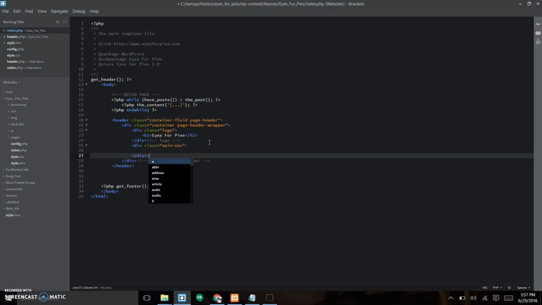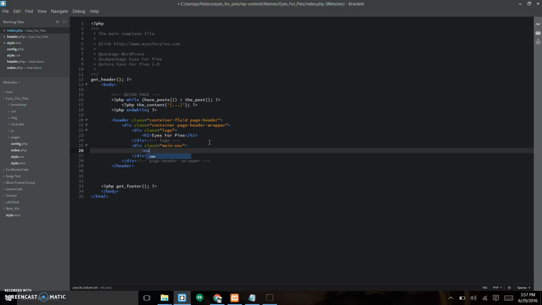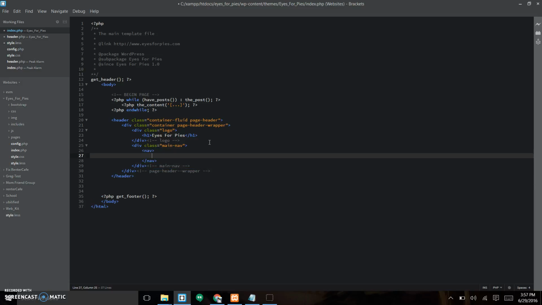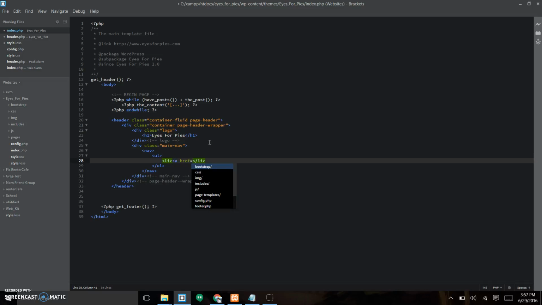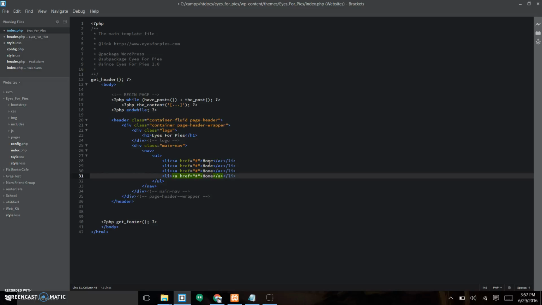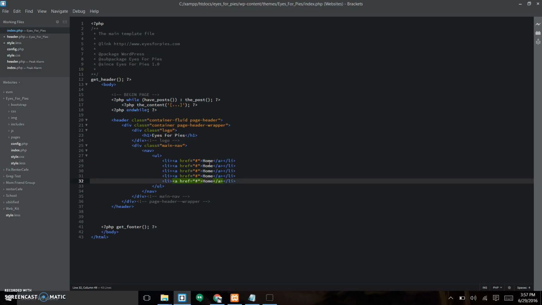So in here we're going to use the nav HTML5 tag, and we're going to create a UL list, and we're going to create some LIs, and then inside the LIs we're going to create some href tags. Okay, and we'll call this home, and let's just duplicate that a couple of times. Okay, so kept it very simple. This is just our header,